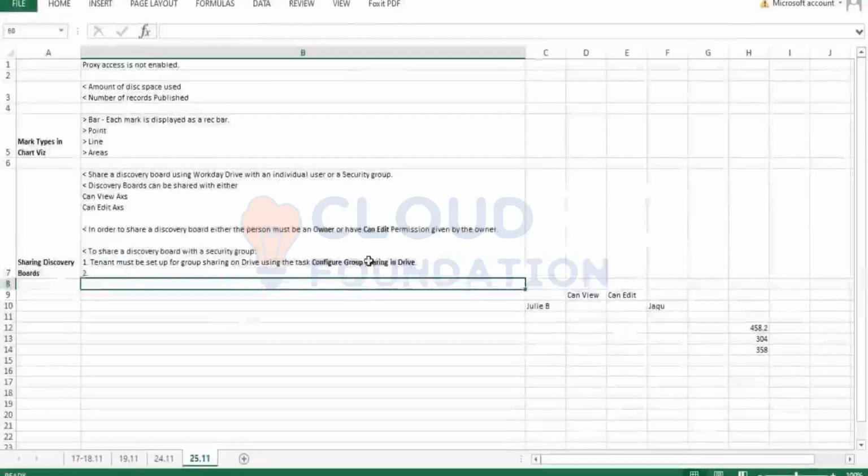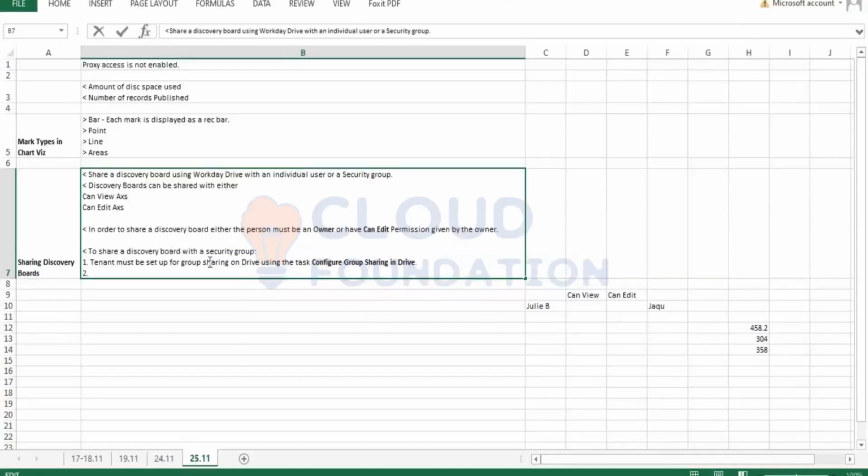So the first thing is clear. In order to be able to share the discovery board with security groups, group sharing should be enabled using this task, configure group sharing in Drive. The second thing is discovery boards should obviously be shareable with those groups, must be shareable